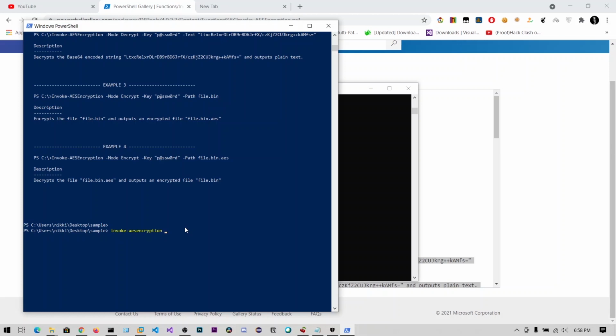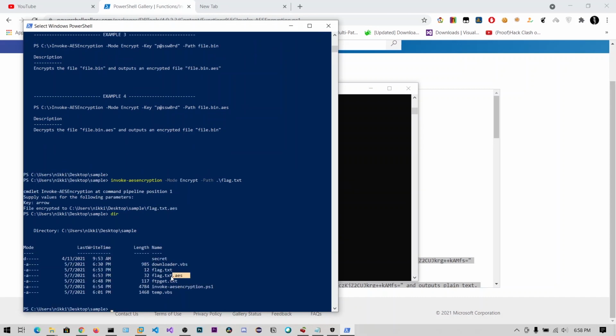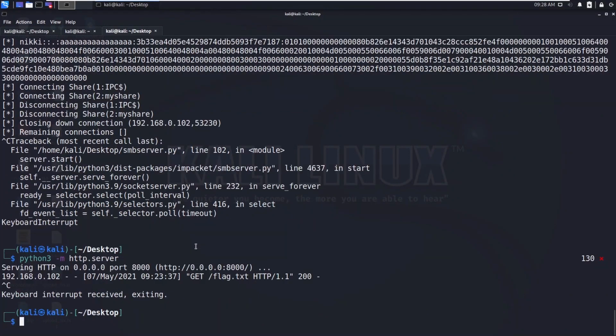Okay, mode encrypt, path flag.txt. Sorry, we did not specify the key, so let's say key arrow. Let's say dir. So you can see this is the flag.txt.aes. Now you can use wget or any other previous methods, and you can transfer these files onto your Kali Linux machine.